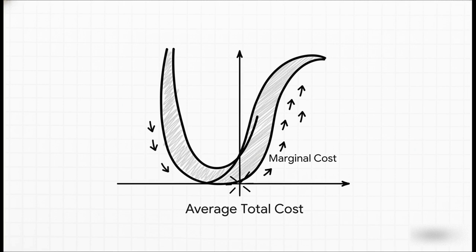Think about it like this. Your average cost is like your GPA for the whole semester, and the marginal cost is like your grade on your very next exam. Now, if your score on that next exam, the marginal grade, is lower than your GPA, it's going to pull your overall average down, right? But if your exam score is higher, it's going to pull your average up. This simple intuitive logic is exactly why the marginal cost curve will always intersect the average variable cost and average total cost curves at their absolute lowest points. It is the mathematical turning point.